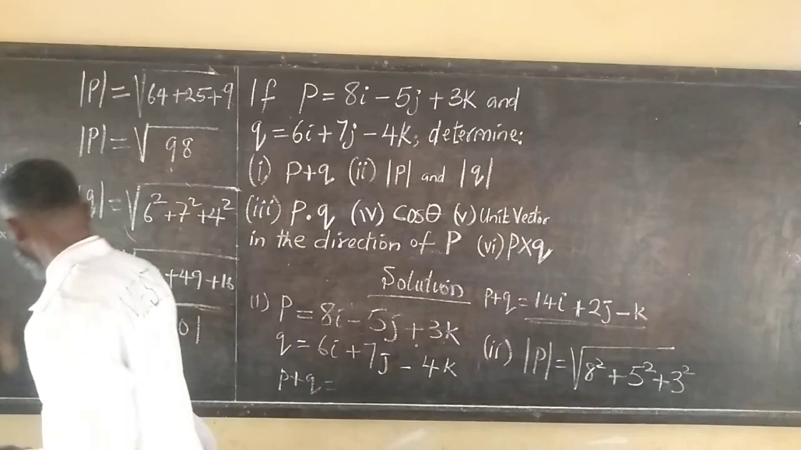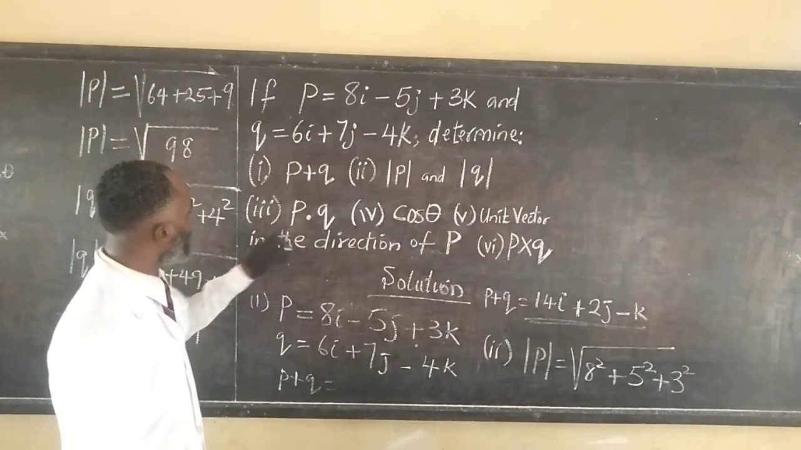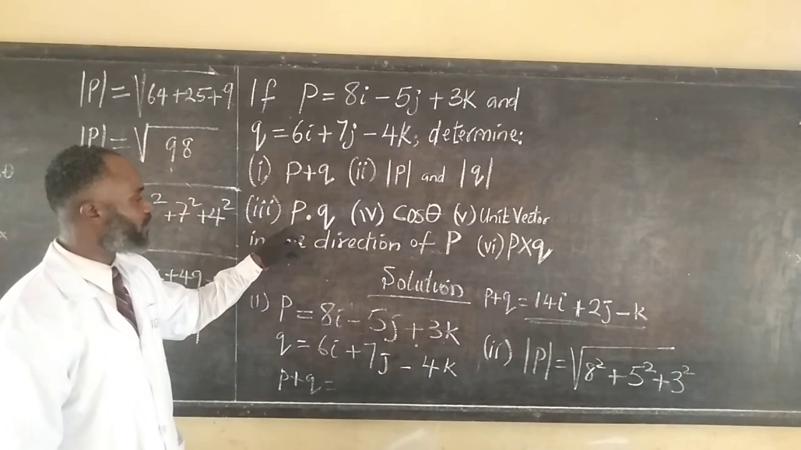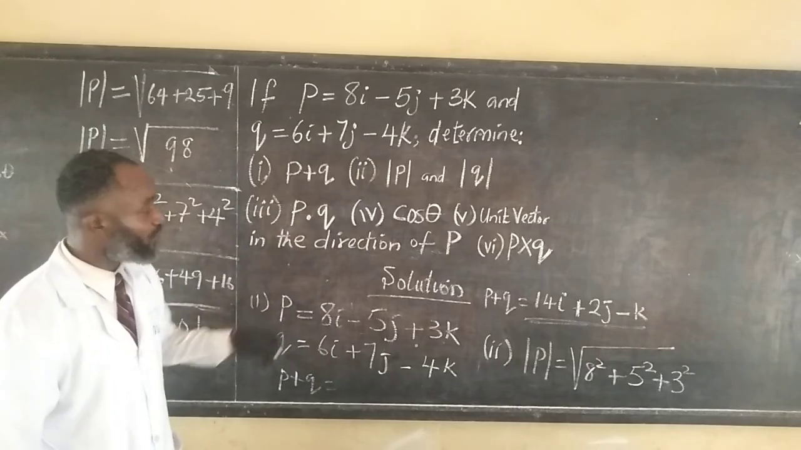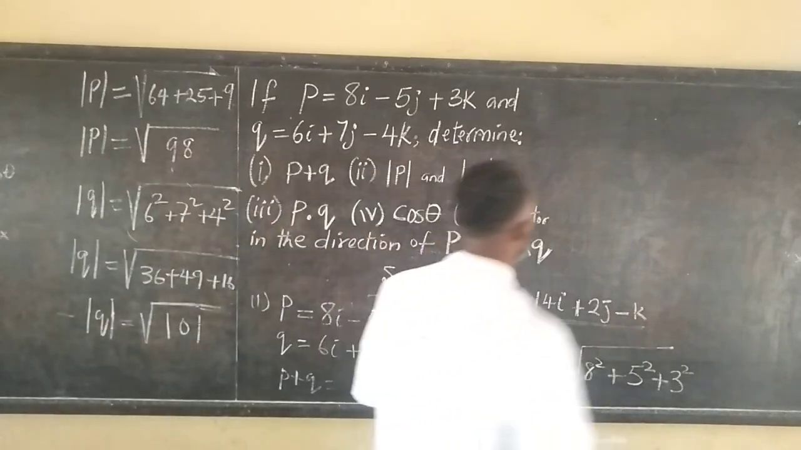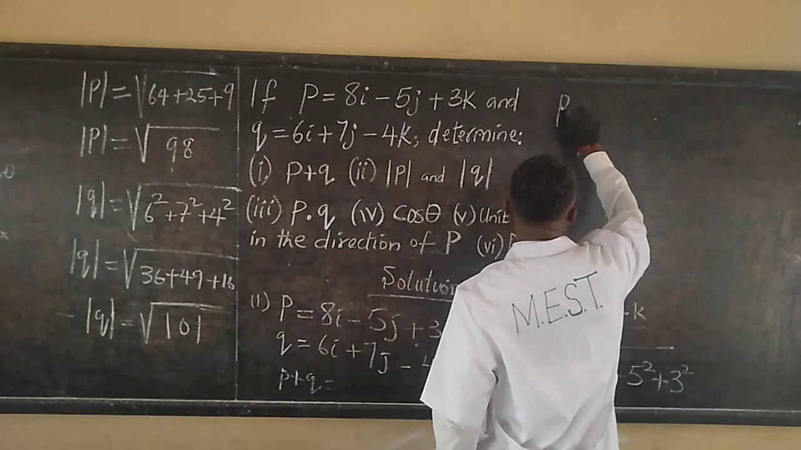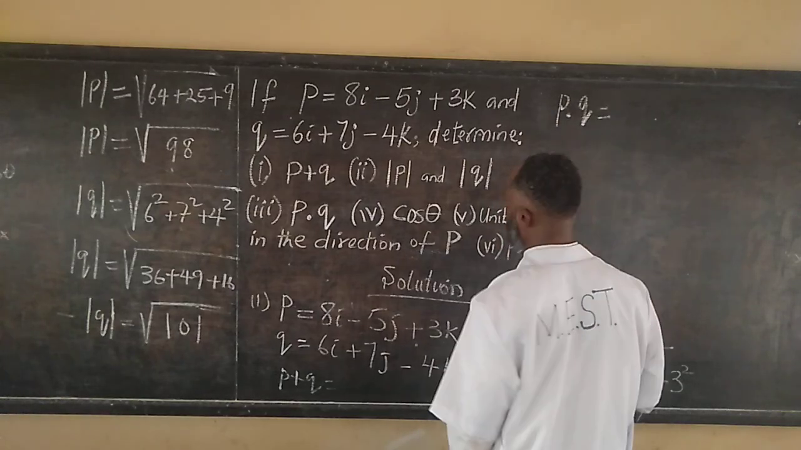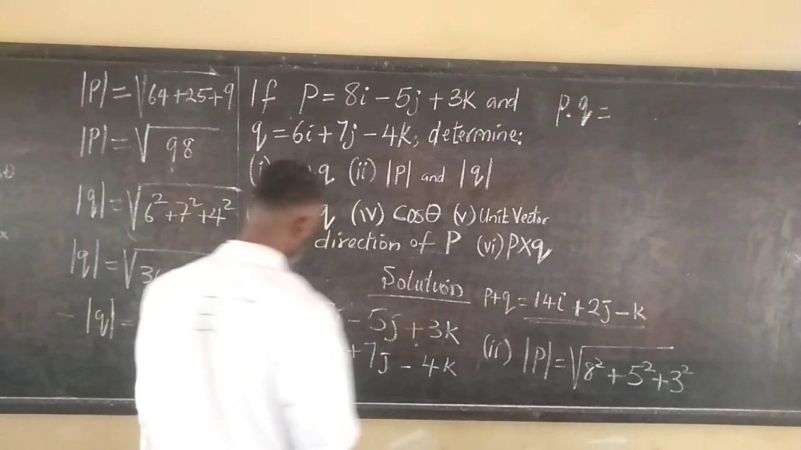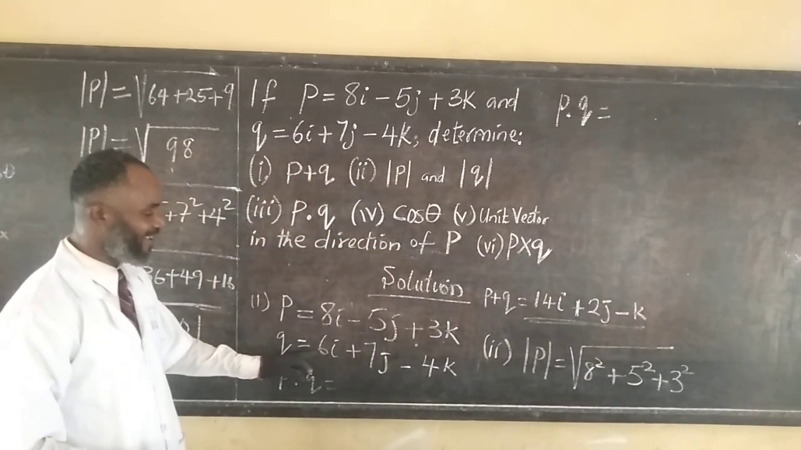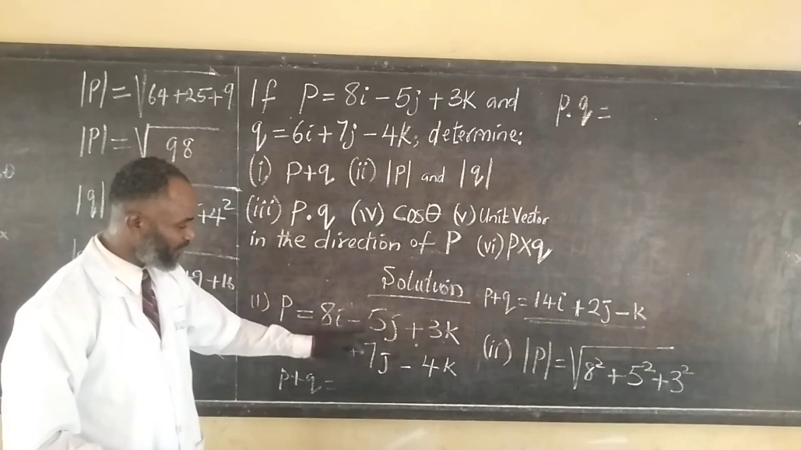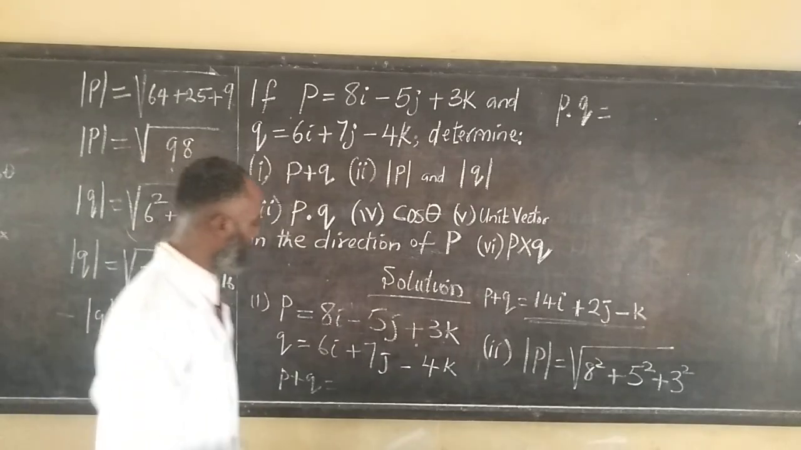Good. Then the next one is the product P dot Q. Let's see what happens if we have P dot Q. We are going to take that wisely. This will multiply this. This will multiply that, and so on and so forth. So we have